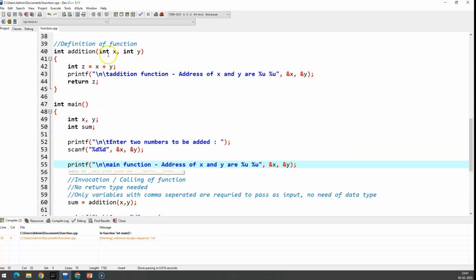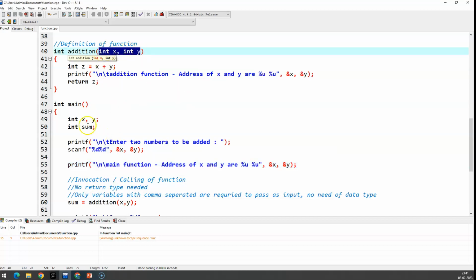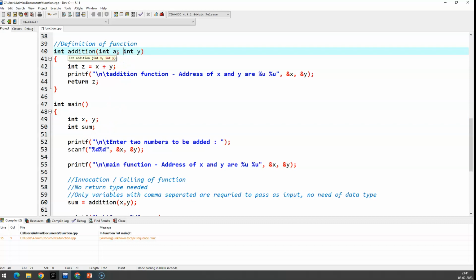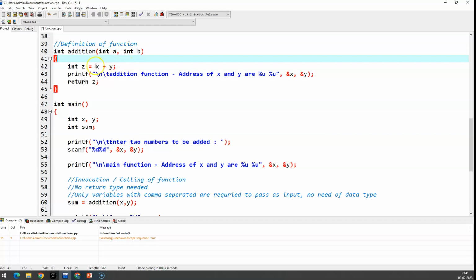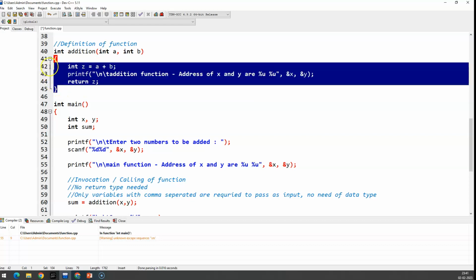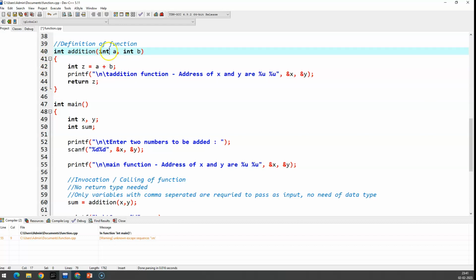even if you see the same names here and here, these are two separate entities. So instead of x, you can have a, and instead of y you can have b. So it really doesn't matter what variable names you put into the definition of the function. What ultimately is it going to do? It will basically,